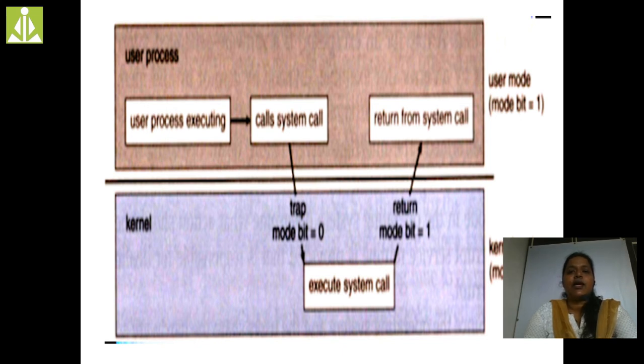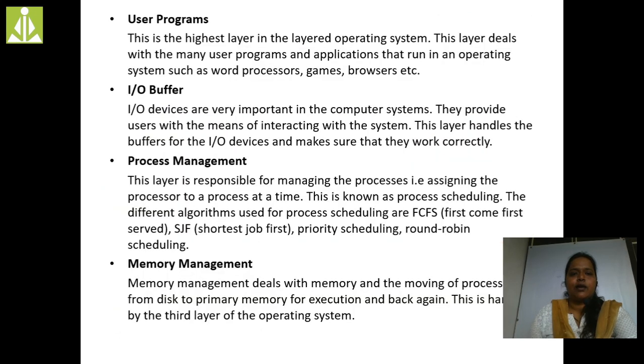In user mode the mode bit is equal to 1. Once again when we shift from user mode to kernel mode, the mode bit is equal to 0. So 0 in the sense kernel mode, where the user is going to make use of the operating system, and then he has to return back to the user mode, and the mode bit again changes from 0 to 1. So these are the two different modes we have. These two modes combined we call dual mode operations. So operating system operations in the sense dual mode operations. The one is the user mode and the second one is the kernel mode.